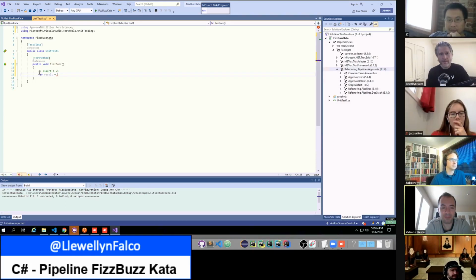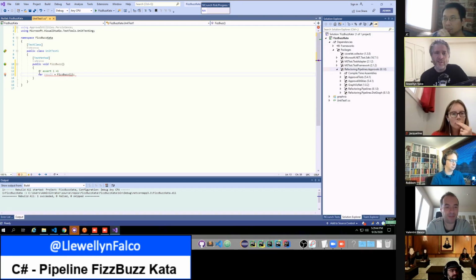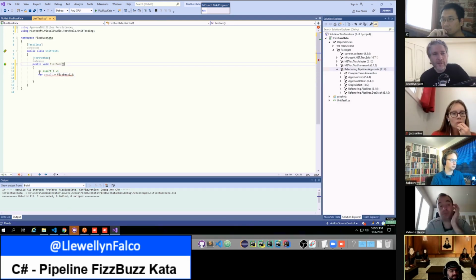So I think here we're going to have a result equals FizzBuzz of 1. And on the next line, assert that result is 1. Everybody feel okay with that? I feel good with that. The only thing is, I think it will complain that FizzBuzz is the same as the name of the test. It said FizzBuzz of 1. I assume that meant FizzBuzz dot of 1, but I'm not sure. What did you want, Jay? Let's rename the test to FizzBuzz test, and we'll get smarter later and make a better name.